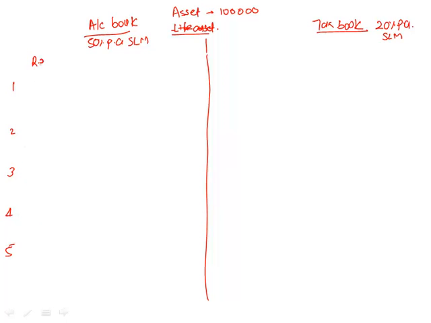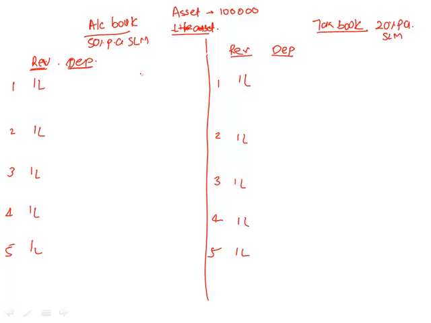Let us say a hypothetical revenue amount. Okay, this is an assumed value 1, 2, 3, 4 and 5. Every year company has been able to generate revenue of 1 lakh. Okay, 1 lakh in each of the year. And for the timing we will assume that only expense that we have is depreciation. Can you tell me what would be the depreciation in the accounting book in the first year?